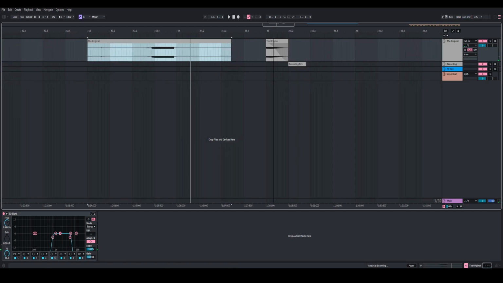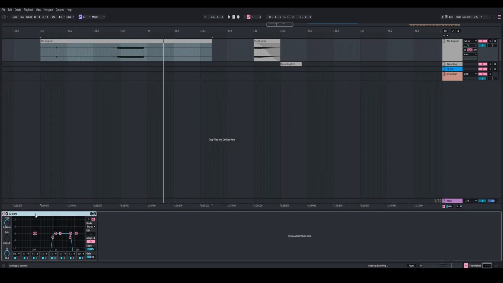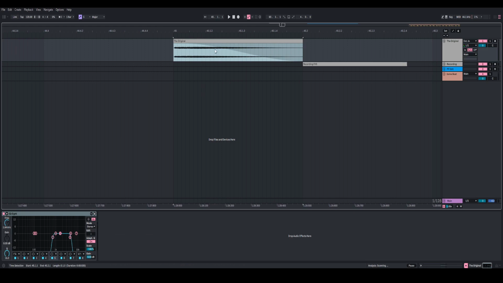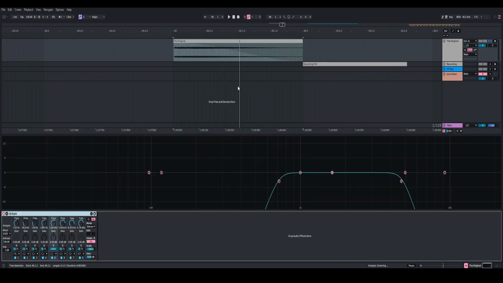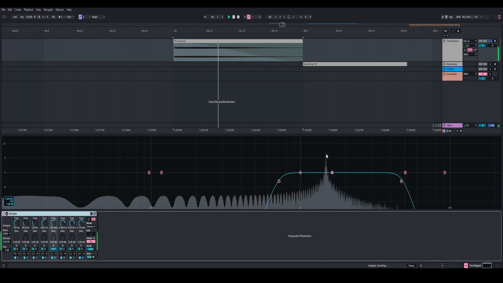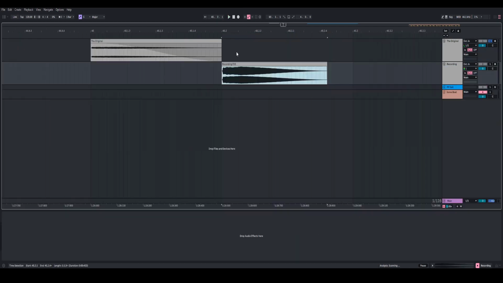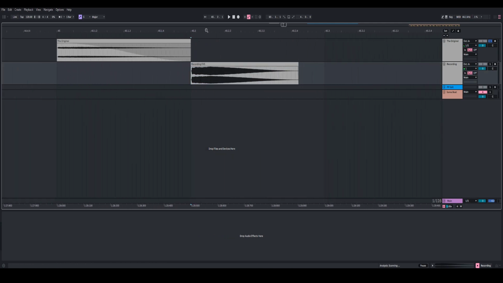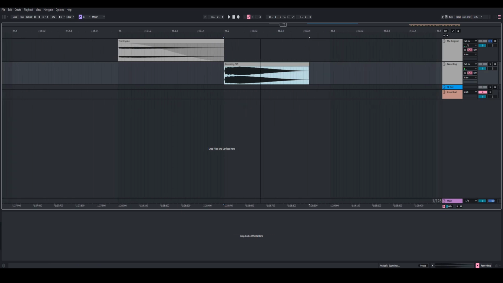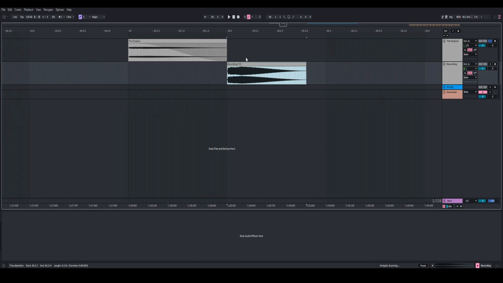One of the first things that I did was put an EQ on this, and I went ahead and did some editing to the audio clip. I also wanted to see what note this was at. So I looked at this EQ8, came over to the frequency spectrum, and saw that it was peaking at F-sharp 5. Not sure if that really mattered when I was making the synth, because I just imported it inside of Faceplant, and it automatically reads what it is. But sometimes that doesn't always work, so you have to adjust the tuning of the sample